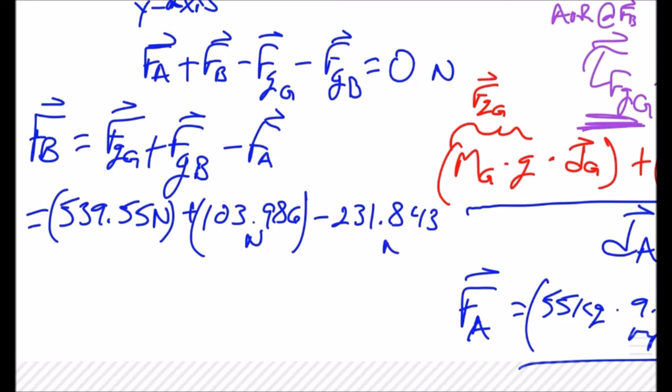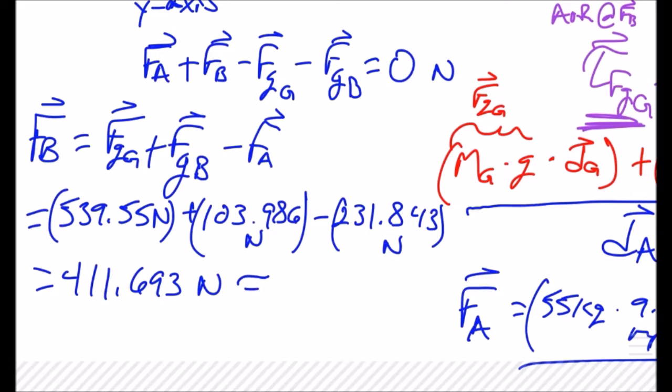Minus, then we're going to put our 231 point, what is it, 845? 843? 843. And I want every digit, and then we can sig fig that. Okay, so Josh, what did you get? That was a naked number. Newtons, okay? And so with the correct number of sig figs,